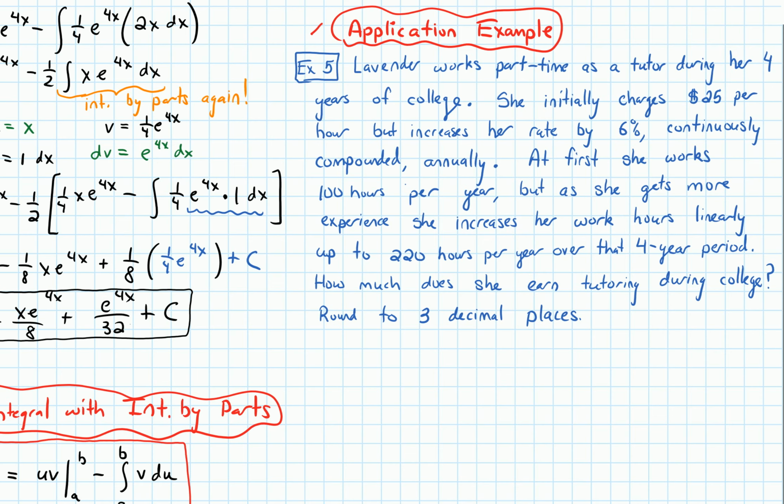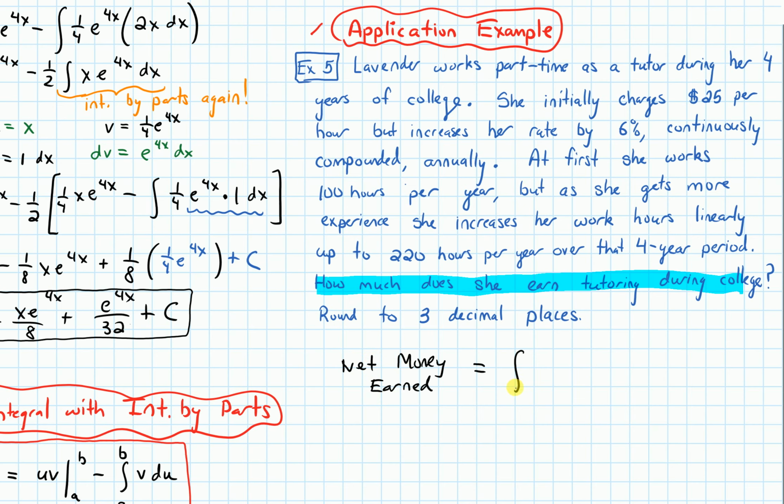Okay, so that is a lot of information there. But let's see if we can start to break this down. So what is this question asking for? It's asking for how much does she earn tutoring during college, which is over those 4 years. So it's asking for the net money that she earned. Okay, and when a question is talking about the net of something, the net change in this case of money,